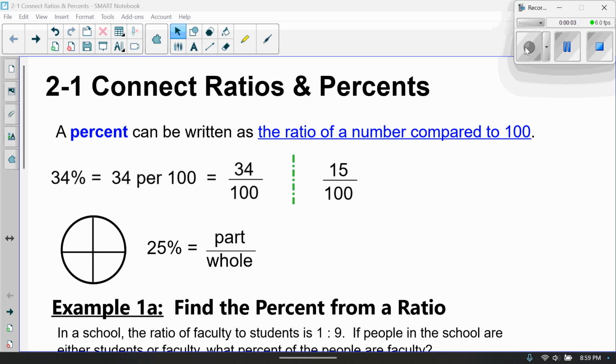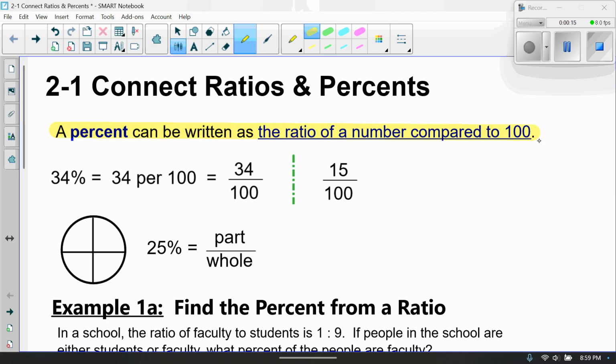So today's lesson is 2-1, which is connect ratios and percents. Now, first thing I want you to do is write down this definition right there for percent. A percent can be written as the ratio of a number compared to 100. Okay? Now,